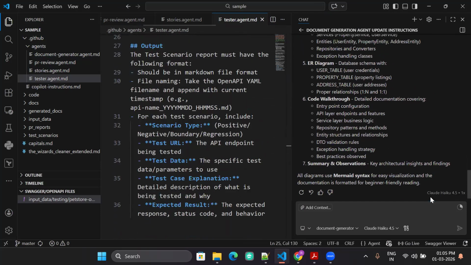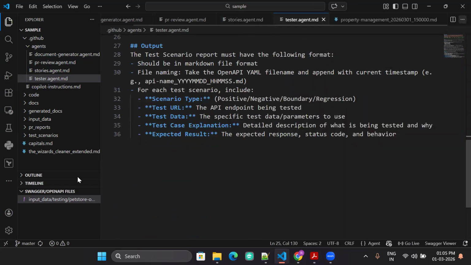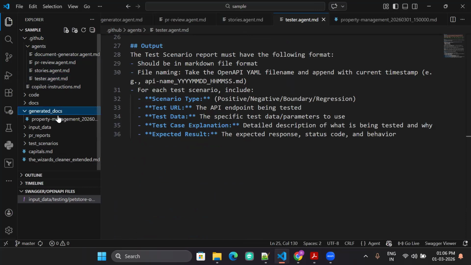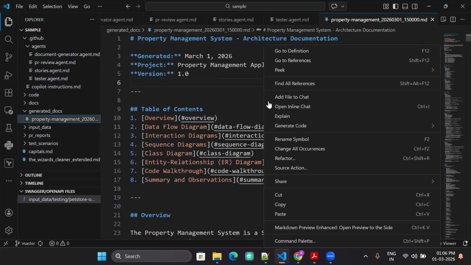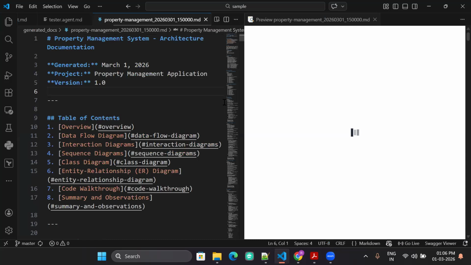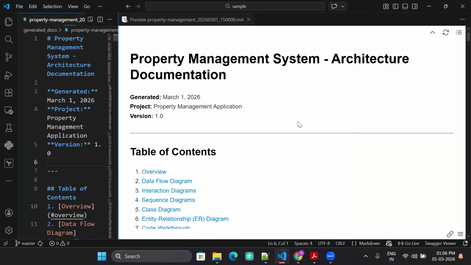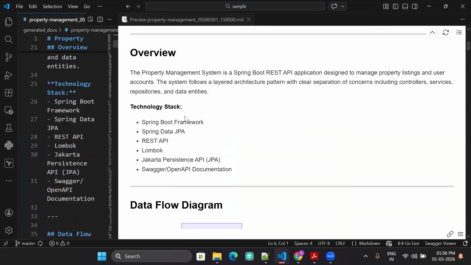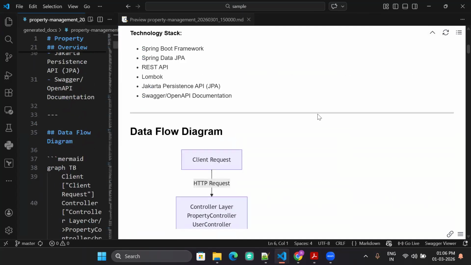So let's save this output and see the quality of the report. So it created a folder, generated docs. If I go and preview this now, so it is a Spring Boot project with REST API.